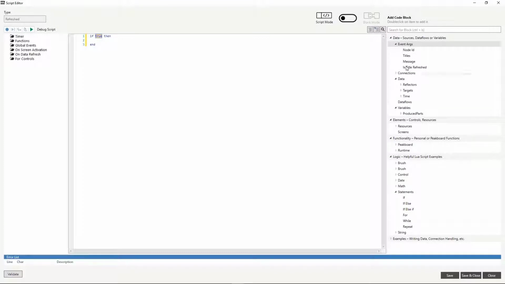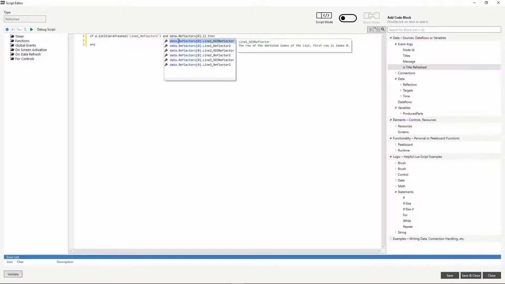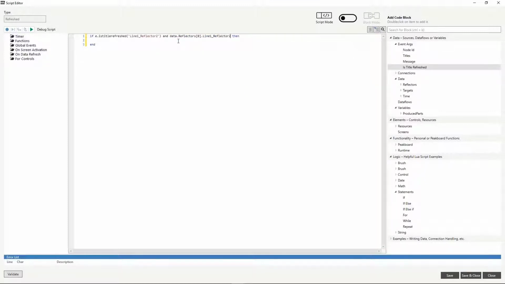The first thing this script will do is test whether the value of the respective light barrier has changed. We can do that by using e.isTitleRefreshed along with the name of the relevant subscription. This will return a Boolean value for us. If the light barrier's value has changed and the new value is false, we want to add one part to the count. That's because the light barrier is set to true by default and switches to false when a part